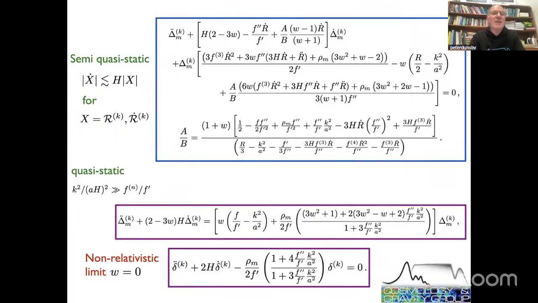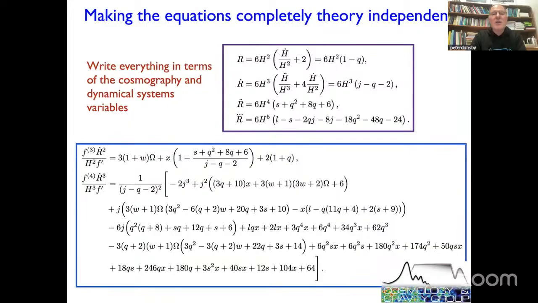So the semi-quasi-static ignores the time evolution of the potentials relative to the expansion rate. And then the full quasi-static approximation goes one step further and looks at small scales, and that allows you then to reduce the full fourth order set of equations into a rather simple second order differential equation in the non-relativistic limit. So the idea now is to basically write down our equations in terms of cosmography and dynamical systems